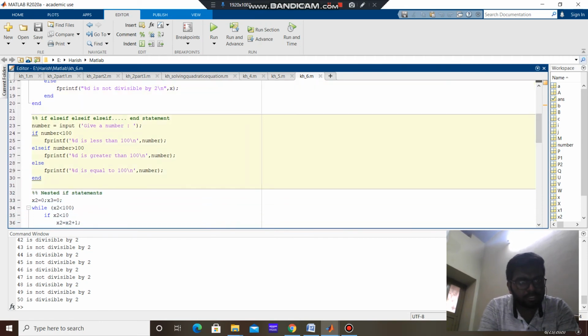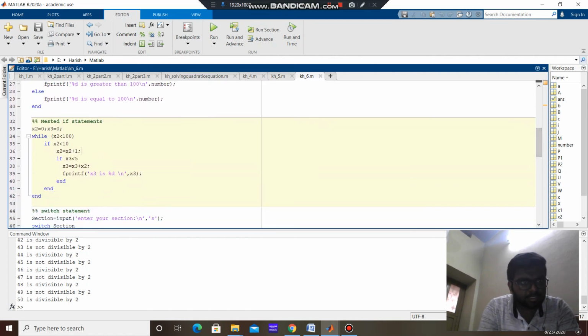And now coming to if else if statements. If the condition is true, then the statements within the if are executed. Else if the first condition is false and this one is true, then this is printed, or else the statement within the else is printed. And now coming to nested if statements, it is similar to nested loops. Here, if the condition is true, then it executes this statement, and then again if the other condition is true, then again this statement is executed and printed. It's a simple example. We can see that x3 is printed.